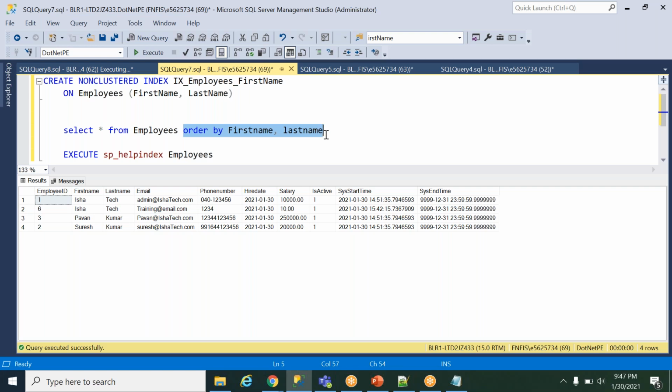Order by means, say for example, you have an employee table with some 1000 records. You are always fetching the information in a particular order by employee ID, which is fine. A clustered index is already created on that, so the data is already in one particular order and you can retrieve it very fast. But based on the requirement, say I'm generating an employee report, and the client requests that the data be displayed employee name wise, by last name first, then first name.